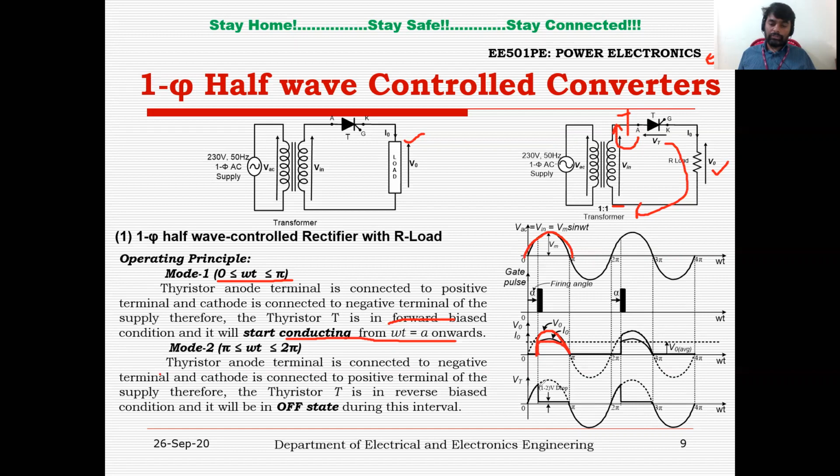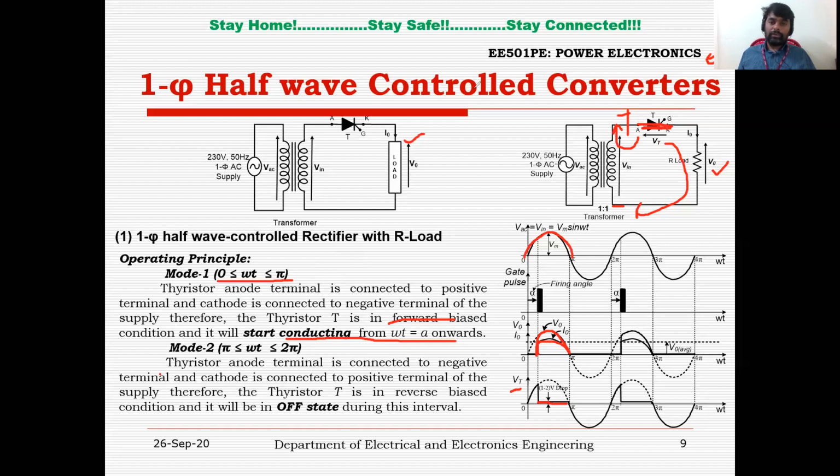If you want to see the voltage across the thyristor, during the region up to omega t equal to alpha, the thyristor is blocking the forward voltage, and from omega t equal to alpha to omega t equal to pi, the thyristor will be in on condition. On condition means it is replaced by a short circuit, and you all know that during short circuit the voltage should be 0, but this is about 1 to 2 volts. This is due to the practical device.